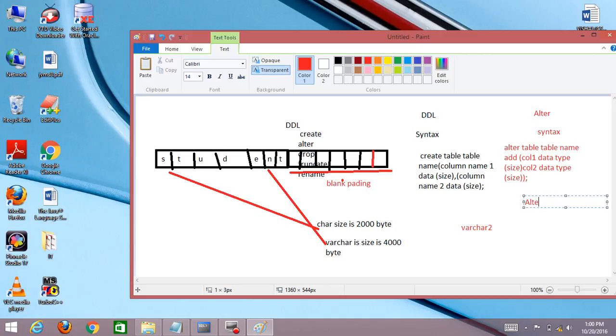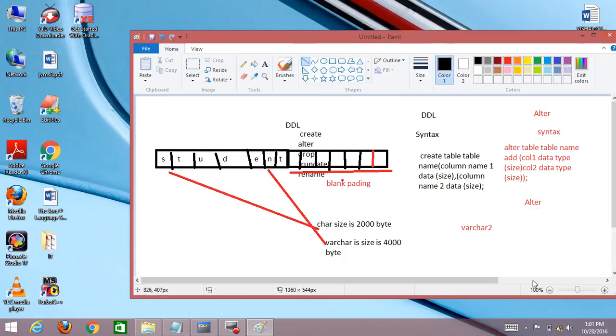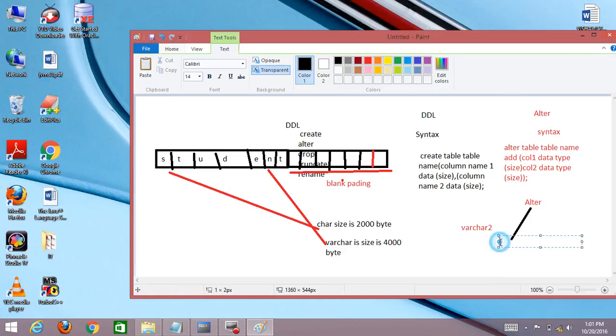ALTER is the command used on a table for first ADD. How to add?